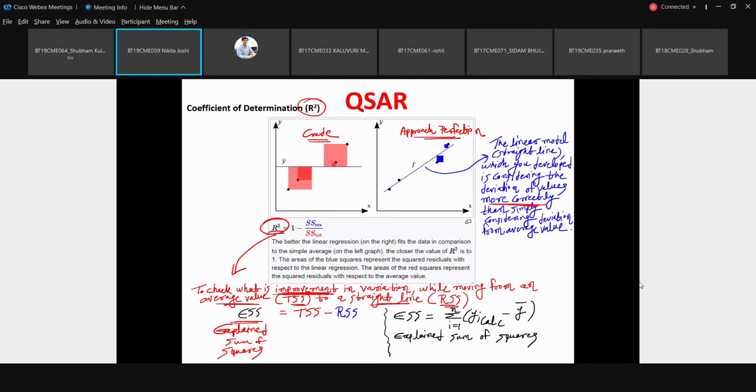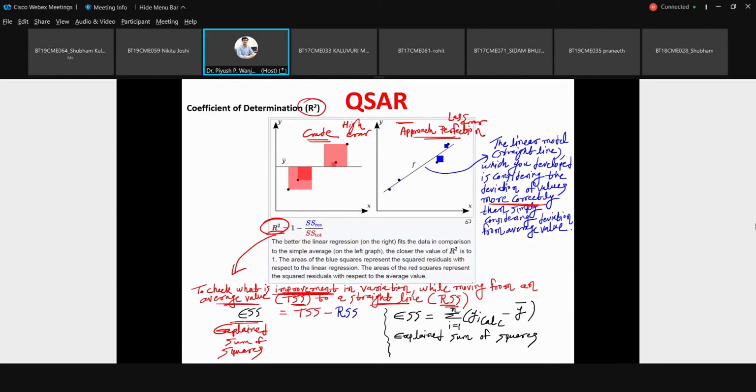Crude will have more error. Crude will have the high error and whatever you are trying to approach as perfect will have less error. So the difference between the two is what your R square is: how much improvement is happening when you are moving from a comparison with an average value to the linear regression fit.